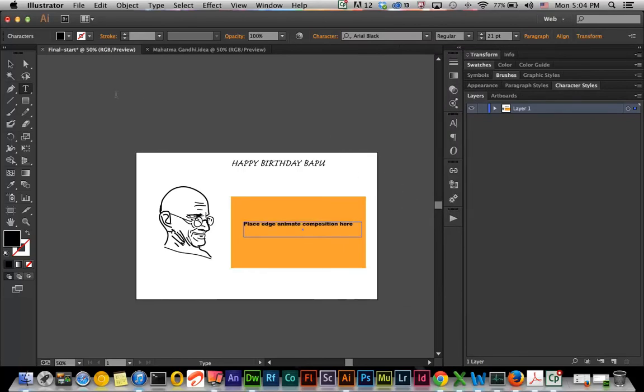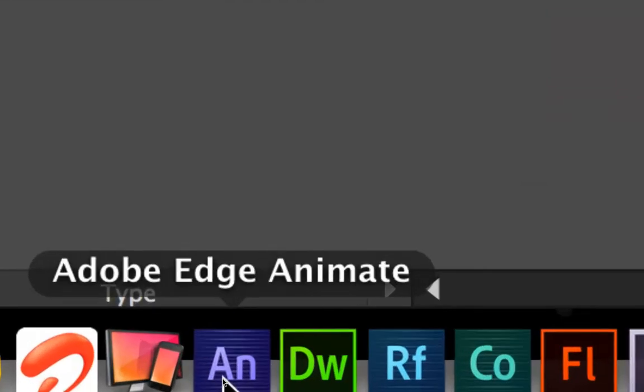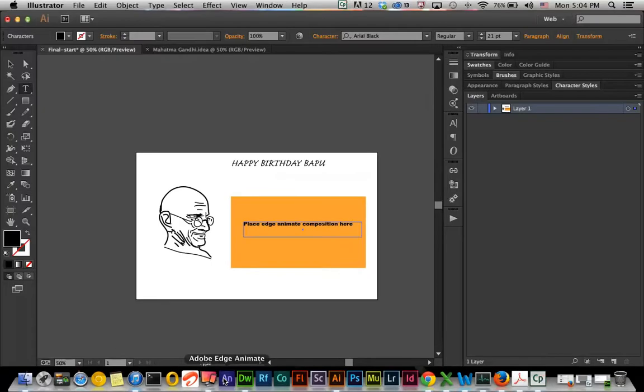Now I have my composition and my web layout ready in terms of how I want this to look with my web developer. My web developer went ahead and he's already drawn up an animation inside of Adobe Edge Animate, which basically puts together some of the quotes said by Mahatma Gandhi, also known as the father of the nation, and we've